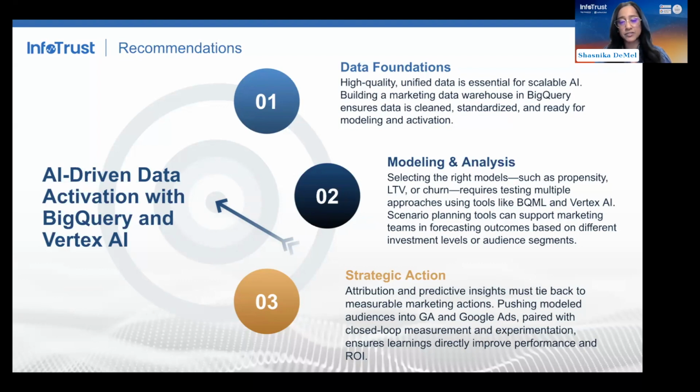And then the last thing here is strategic action. Ensure every prediction ties back to an actual marketing outcome. So at the end of the day, the goal with a lot of the modeling use cases is to ensure that whatever you do, you are able to optimize your marketing campaigns with that information. And to think through that, it's always important to understand what your expected outcome is. And that will help you identify through that chart that I showed earlier which BigQuery ML model you want to utilize.